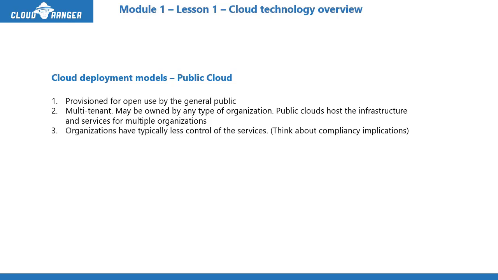Public clouds host the infrastructure and services for multiple organizations. And I keep saying that, the public cloud will host the infrastructure and hold the services for any organization. Organizations have typically less control of the services. Okay, so you have to understand one thing here. When we bring in abstraction, that means that you are having less and less control over the stuff that actually hosts those virtual machines or those cloud services, right? So that means you do not have access to those physical machines there. You do not have access to the physical hardware that is, let's say, there for your firewall or security or storage, networking. You don't have access to that.